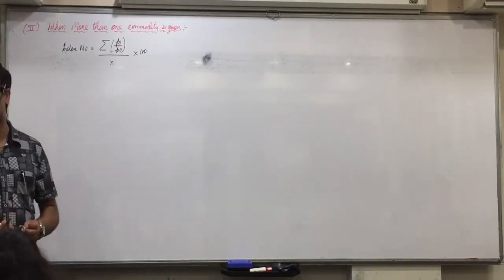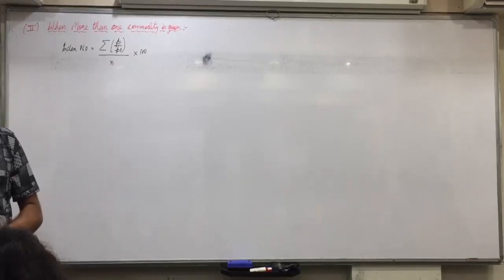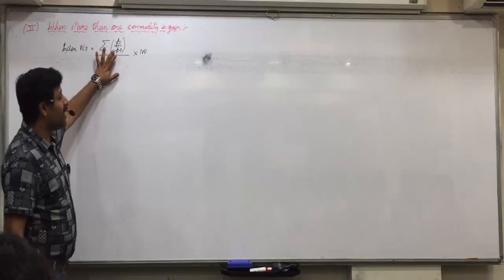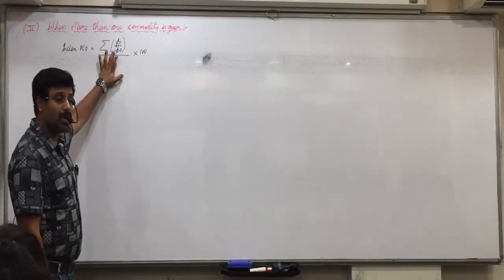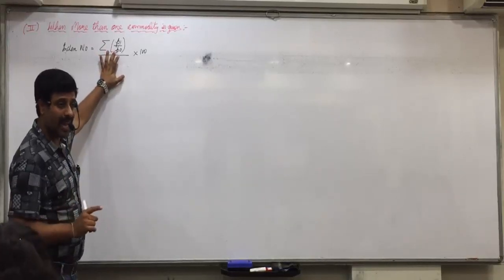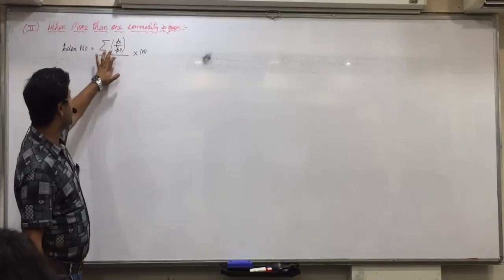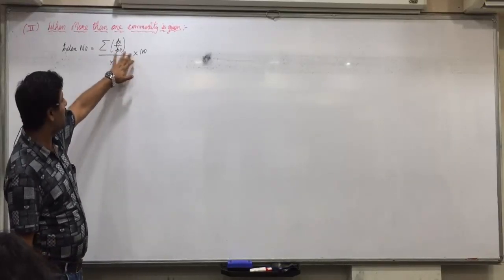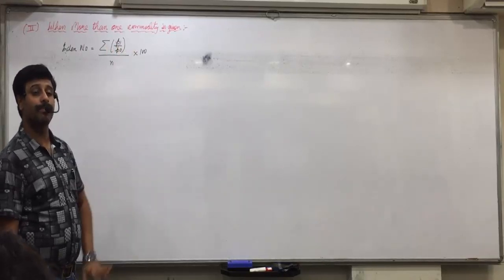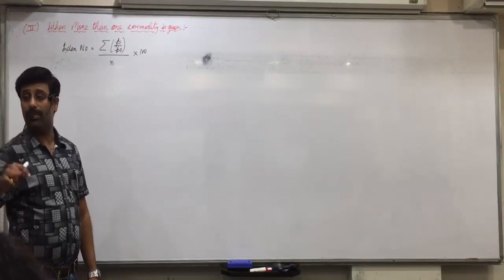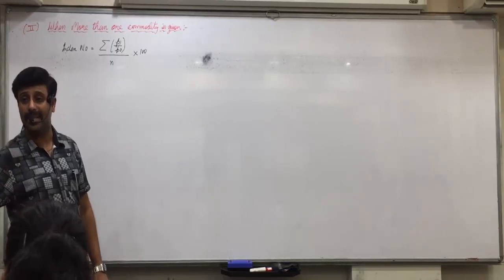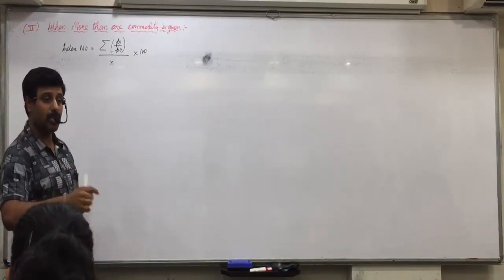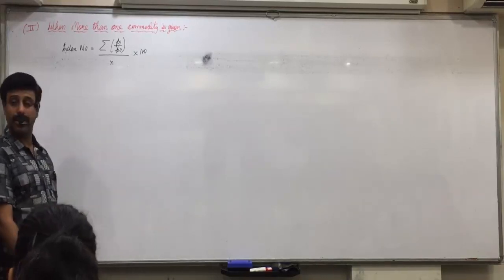How do you find the average? Sigma x upon n. Here instead of x you have P1 upon P0, because we are finding the index numbers' average. So this is like sigma x upon n. Instead of doing P1 upon P0 into 100 for 5-6 commodities, you just find P1 upon P0, and 100 is common everywhere. So directly multiply the final answer with 100.